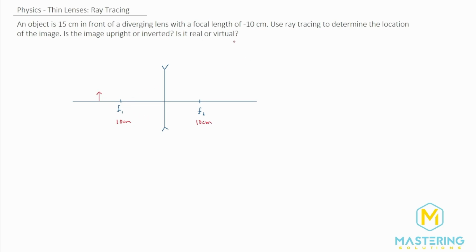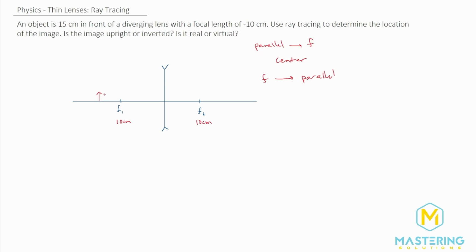Now remember, we've talked about it on several of the past problems. Anytime you want to do a ray tracing, we could do an infinite amount of different lines here to figure out where the image is going to form. We need a minimum of 3. Those 3 are going to be parallel to the focal point, center of the lens, and then focal point to parallel. If you remember those 3 things, say that over and over on all these problems. So when you get to a test, if you get stuck and you get stressed because you can't figure it out, if you go back to this, you can do any ray tracing question.